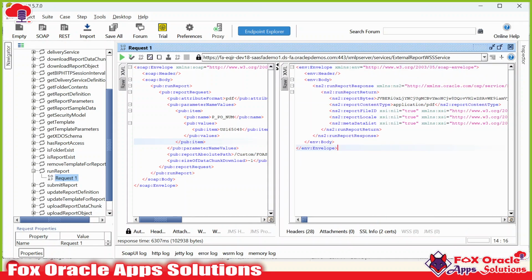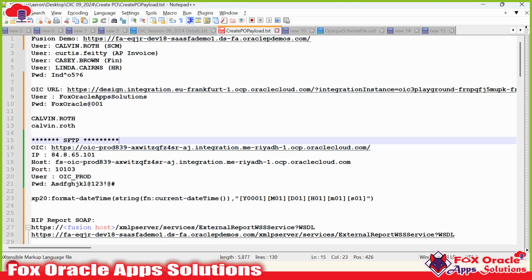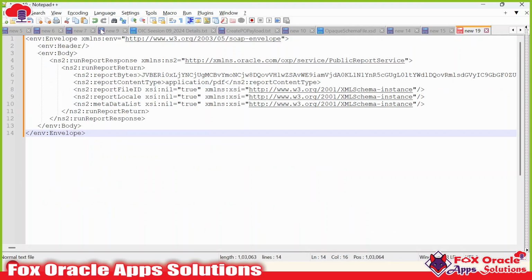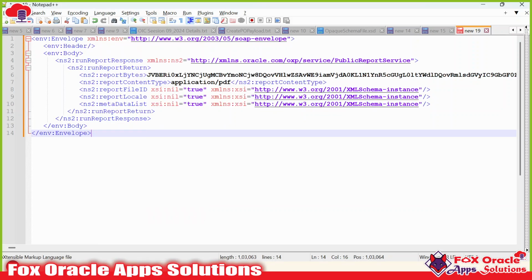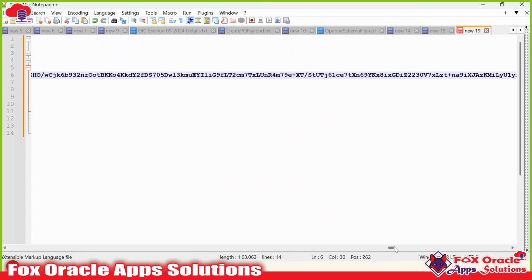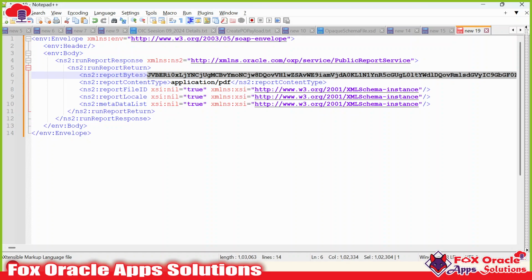If I copy what we received, I can show you this data in Notepad. Here you can see this is the data we received, and in it you can see the report byte. This report byte is the output of a BIP report. It is the base64 code of our report response. This base64 code is our BIP report response. We know the response we got is in PDF, so we just have to convert this base64 code